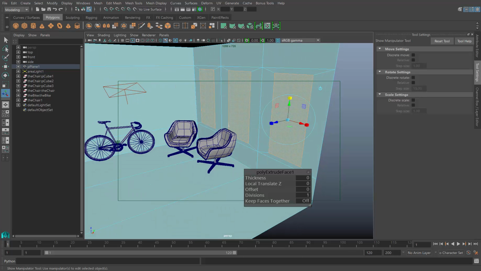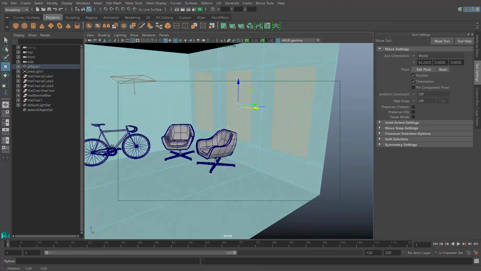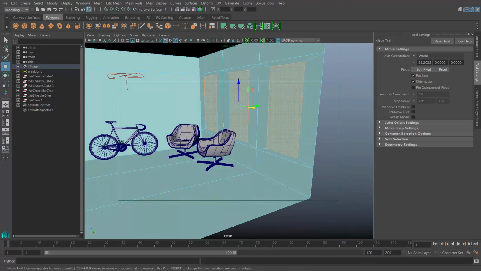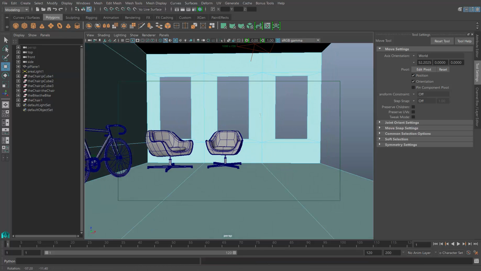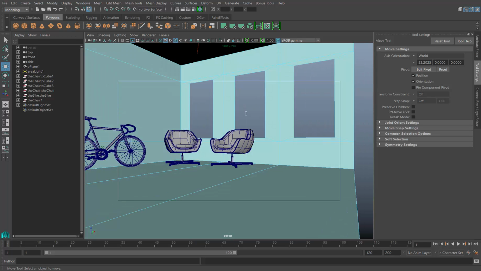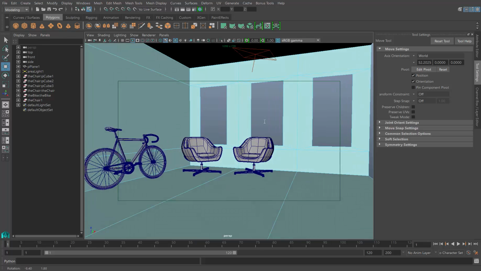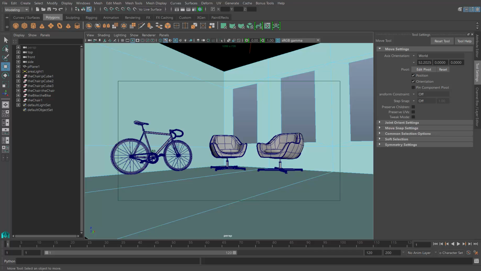Okay, so I'm going to press Q to quit, and then let's just press delete to delete those faces. We'll come in and give the actual window some more detail at some point, but for now this is just to get light into